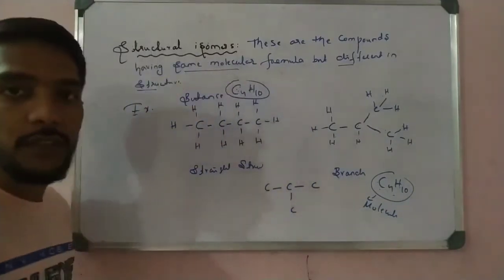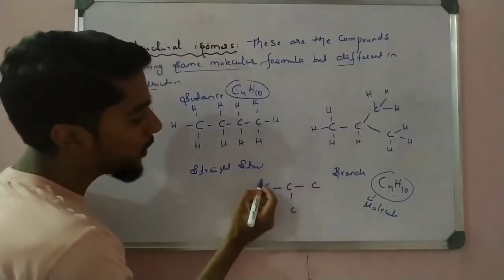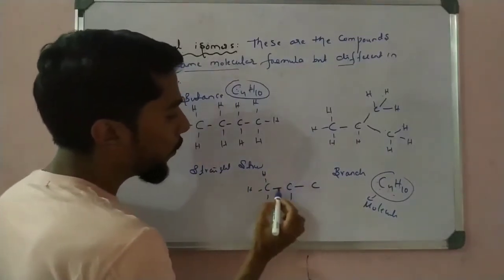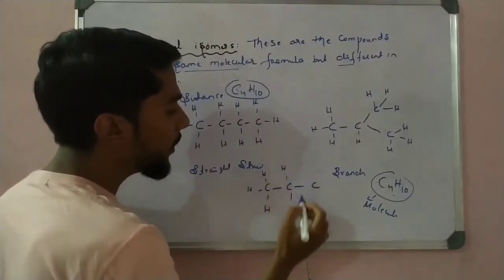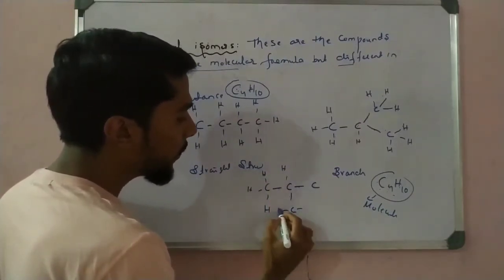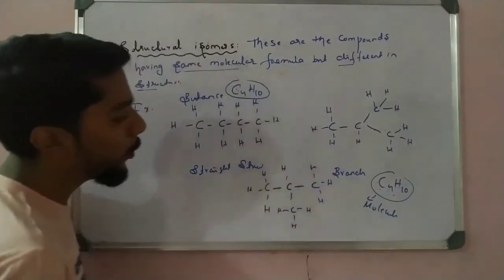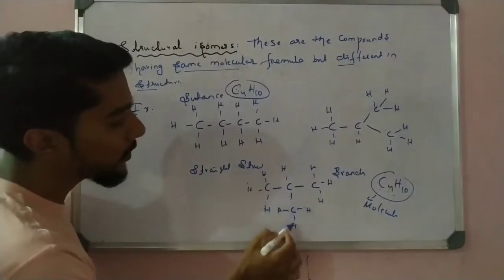Like that also we arrange, right? So here see, one valence used means 1 hydrogen, 2 hydrogen and 3 hydrogen, and here 1, 2, 3 used, here only 1 hydrogen, and here 3 hydrogen. Okay, 3 hydrogen, here 3 hydrogen. Okay, 3. Total how many hydrogen? 1, 2, 3, 4, 5, 6, 7, 8, 9, 10.